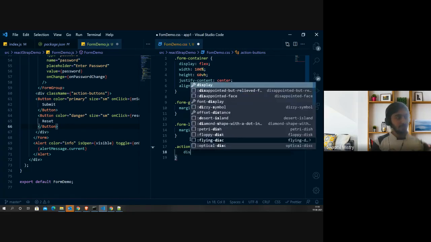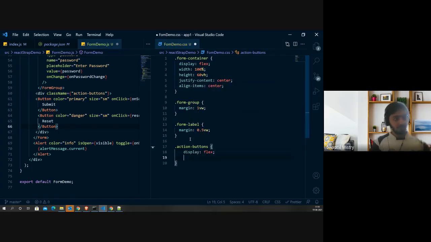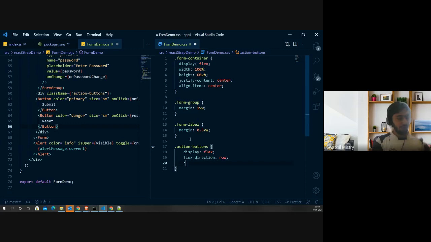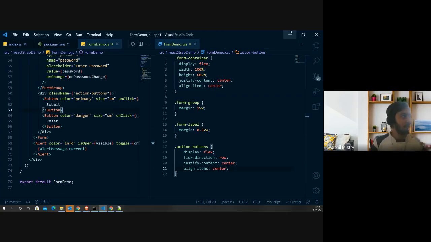Again, the display is going to be flex, and we want to show the buttons in a row. So the flex direction will be nothing but row now. Okay, justify content to center and align items to center. Okay, I'll just save this part, and I will save all this stuff which we are having and see whether